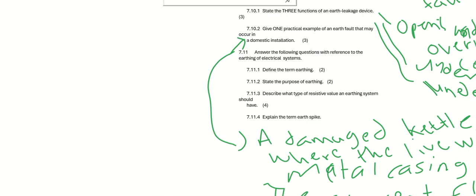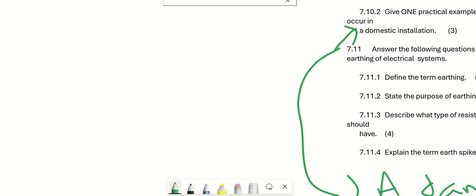So to define the term earthing: earthing connects exposed metal parts of electrical equipment to the ground for safety. Let's just write it the way it is.